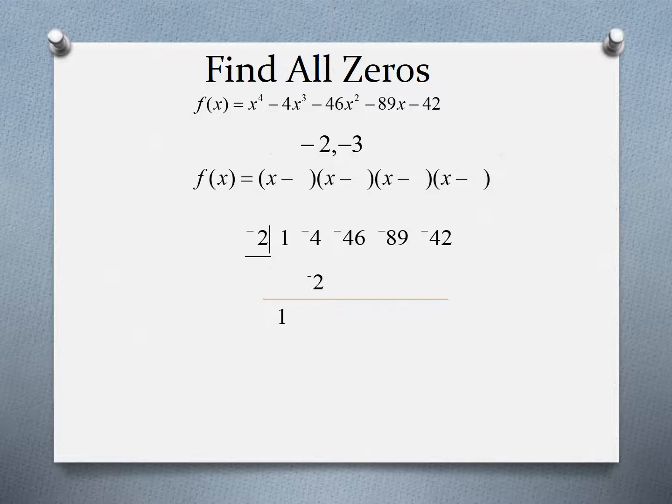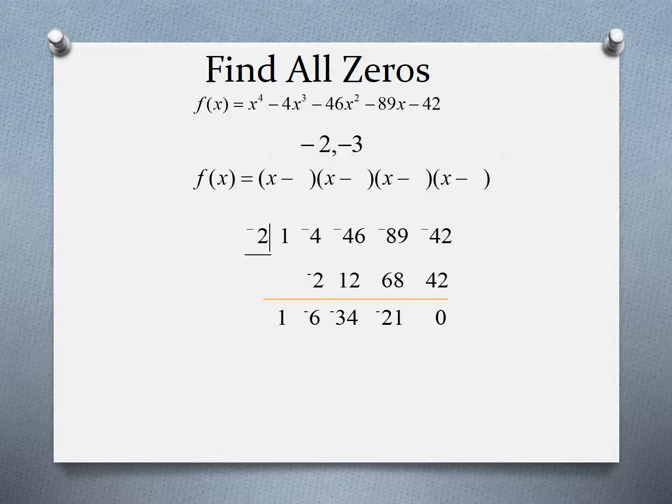I drop that 1, I multiply -2 times 1, I put that outcome underneath the -4. Then I add those two, the -4 and the -2. I come out with -6. I multiply the -2 times the -6. I end up with 12. I combine those two and I end up with -34. I multiply again. I combine those terms. I multiply again. I combine those terms, and I end up with the 0, of course, because -2 does fit perfectly into, or the factor fits perfectly into my original